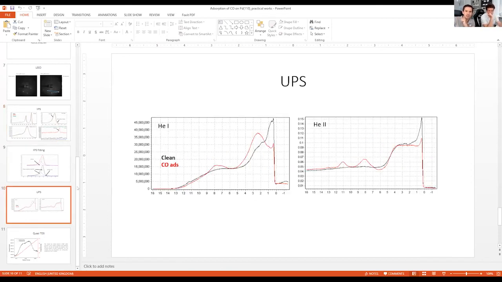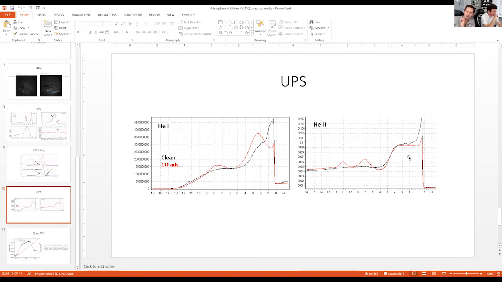so in that case we also did some UPS measurements. And UPS, as I said, is much more sensitive to adsorbates because the photon energy is only 40 eV for helium-2, and for helium-1 it's only 21 eV. You see here the spectra measured on clean and on CO-adsorbed palladium. For example, in the case of the helium-2 line, you see the bands which correspond to the CO adsorbed on the surface. One is the bond between carbon and oxygen, so this is the signal from oxygen. Another is from CO, from carbon and